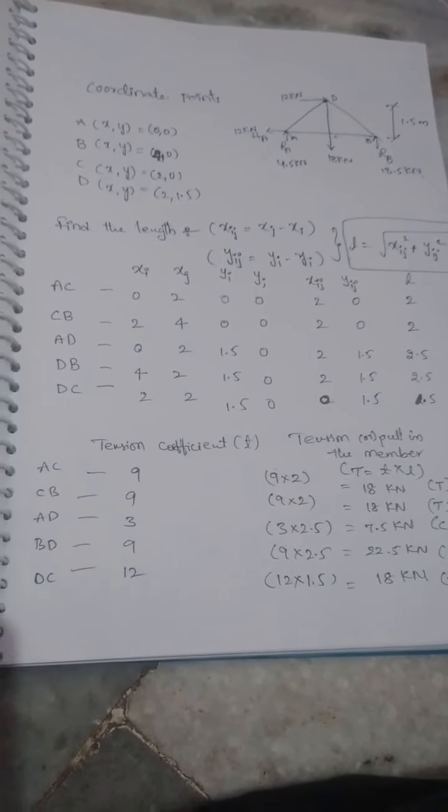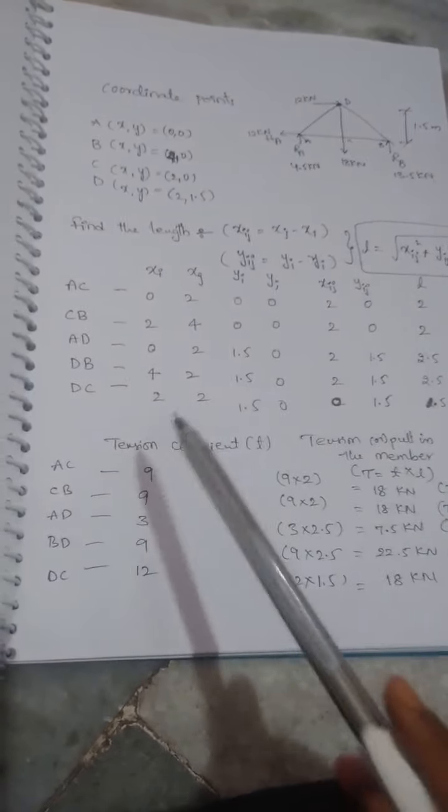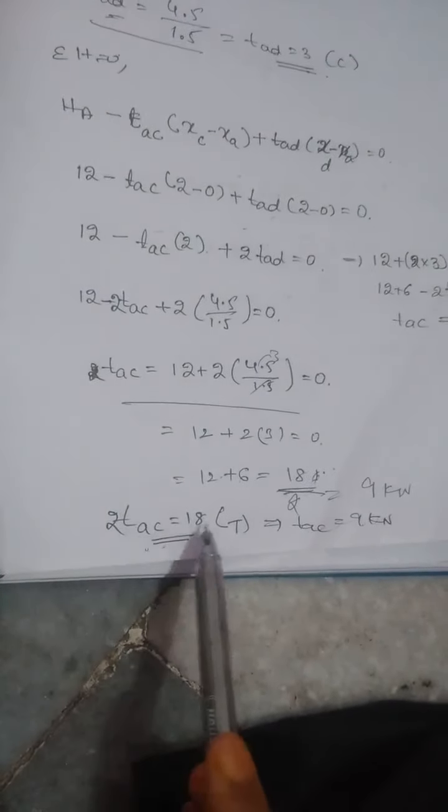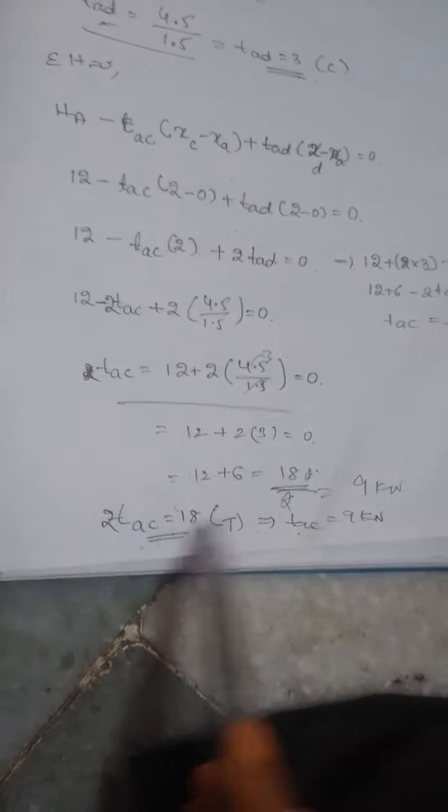Either it may be the A point or it may be the C point, which is near, that you have to write and simply calculate the length in this way also, or else the written part which I showed, you can also follow that. Once you got this L values, then write the tension coefficient values. What are the tension coefficient values you got by doing the method of joint portion while you have done this 9 and everything. And here the AC is 9, but we got actually the 2 AC is 18, so make it as AC 18 by 2, will get 9 kilonewton, that you have to substitute here 9, and CB, AD, BD and DC all are 9, 9, 9 and 3, 9, 12.